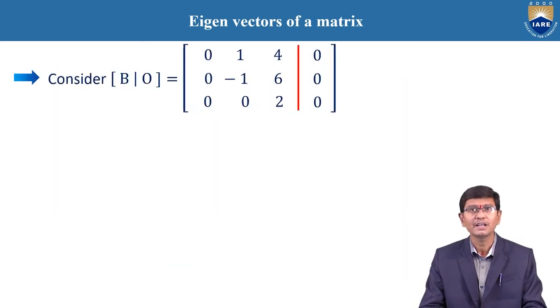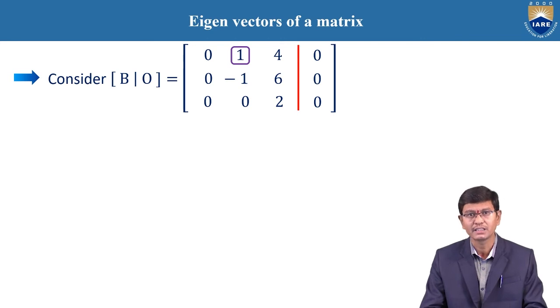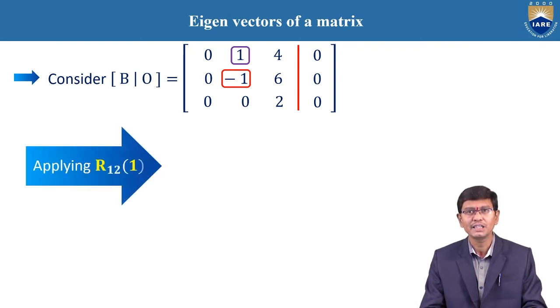Therefore, the augmented matrix is nothing but the collection of the matrix B and the column matrix added together. Our concept now is that this augmented matrix is reduced to echelon form. That is indirectly the Gauss elimination method, by which you find the solution. In Gauss elimination or echelon form, we use only row operations; we should not apply any column operation. Therefore, in this matrix we apply R12 of 1,